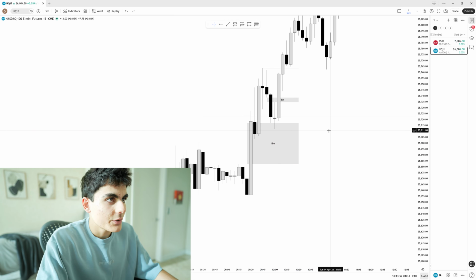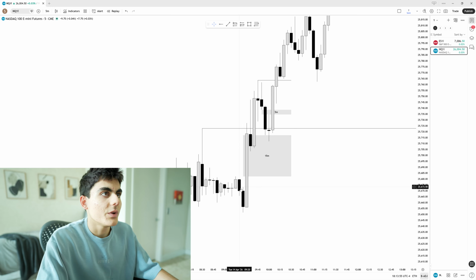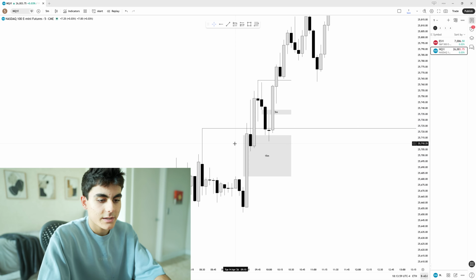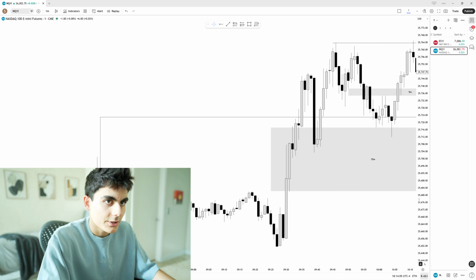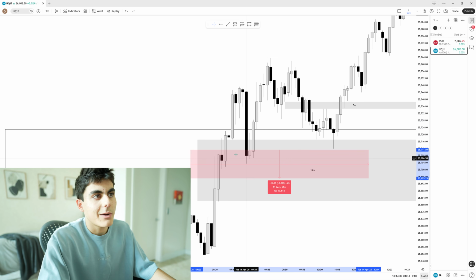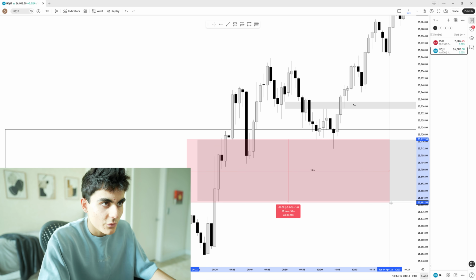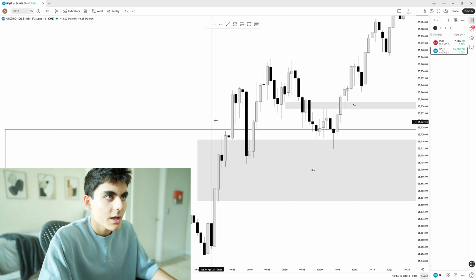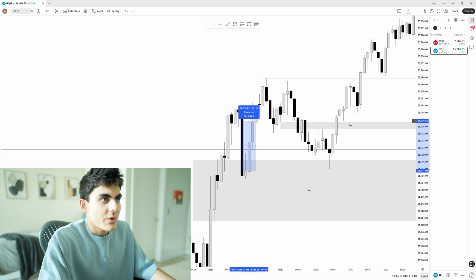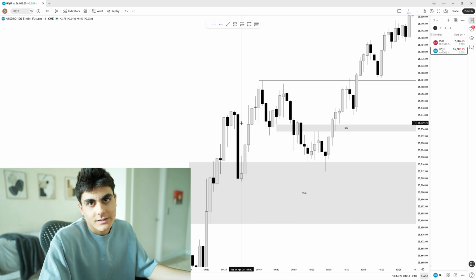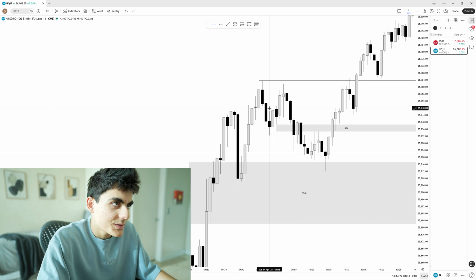We open up a 5 minute right here. We don't even tap into it. We go higher. Now, the initial setup, this isn't really a good setup, but it is something to look at: we come here and we go lower, but we don't tap a 5 minute. I would like to see this lower into a 5 minute. We don't tap into a 5 or 15 minute. This 15 minute, by the way, was created after. Just remember that. And then we inverse this big 1 minute gap, but that as an entry alone just doesn't make sense. Come on, it's not always gonna hit. We already know that.